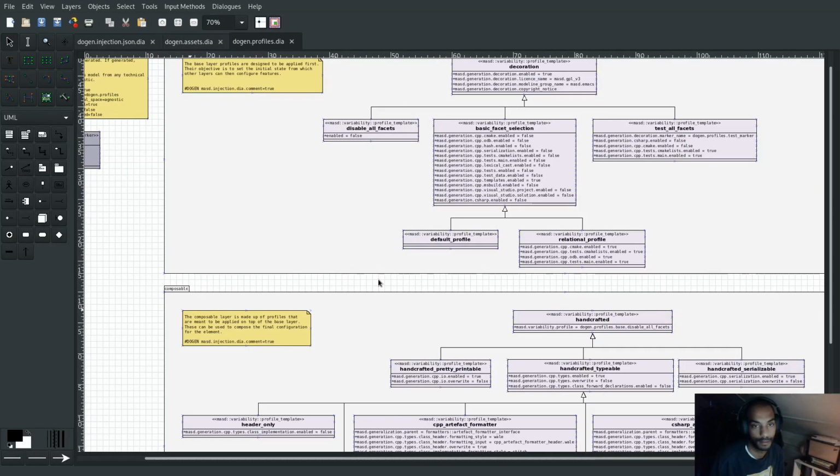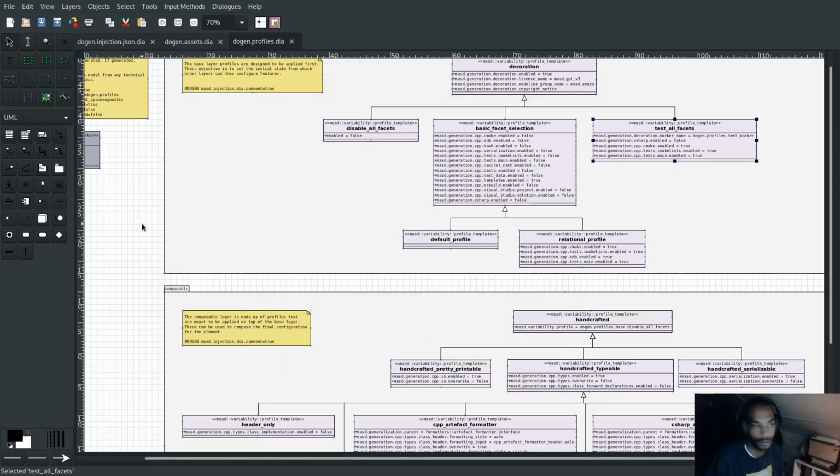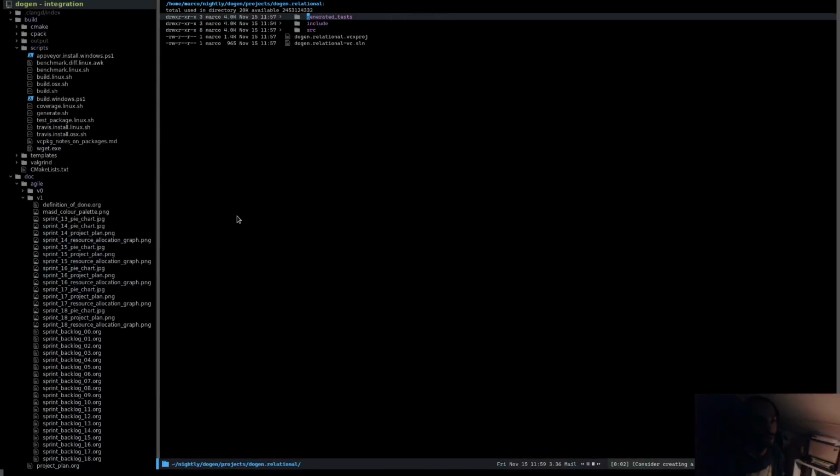Right. Notice that we have got CMake enabled set to false. Not sure why we do that actually. It's very puzzling. I mean, of course, most of the time we don't really use CMake for this sort of stuff, generation, but that's not a good idea, I don't think. And of course, every time this happens, we then have to wait forever. What we'll do is, just so that we don't have to wait so long,